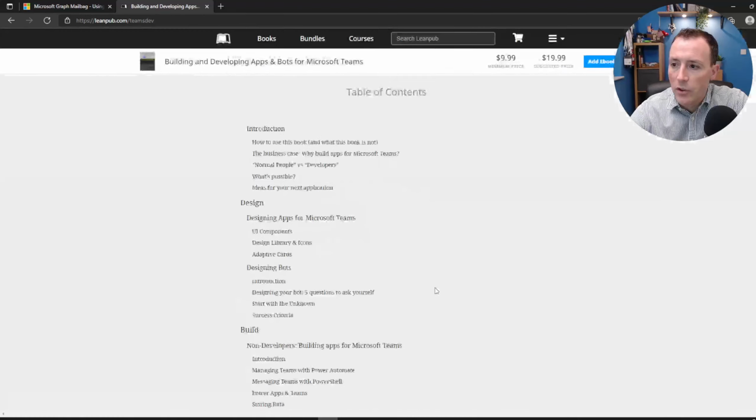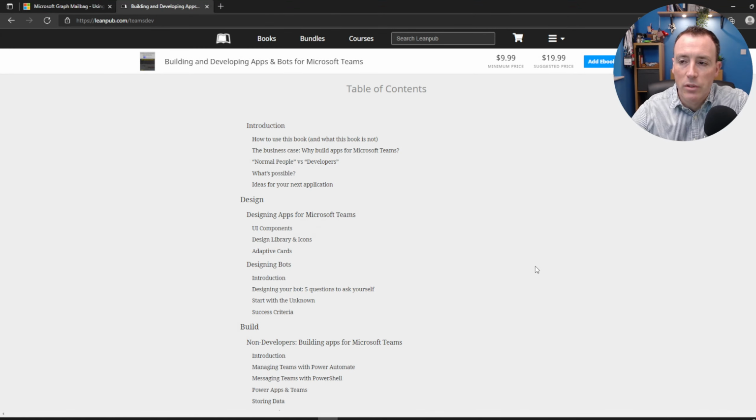You can see the table of contents. The table of contents, I might just whiz through now actually, because that way you can kind of see what's in it. So there's a bit about what this is and what this isn't. And I was quite keen not to make another version of the Microsoft Docs because there's no value in that. There's nothing wrong with the Microsoft Docs, and there's no point me repeating what they're saying. So that's not what this book is. It's about the why. It's about understanding what tools to use when, what's right for different people, what makes sense. If you want to solve this problem, go look here, that sort of thing. So that's what this book is about.